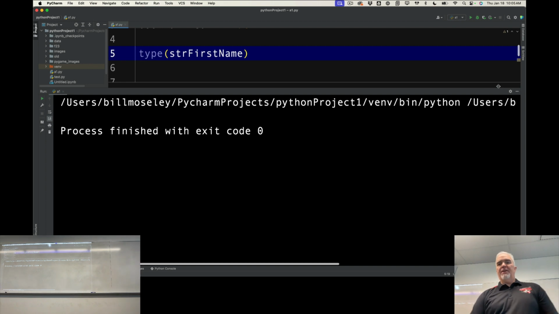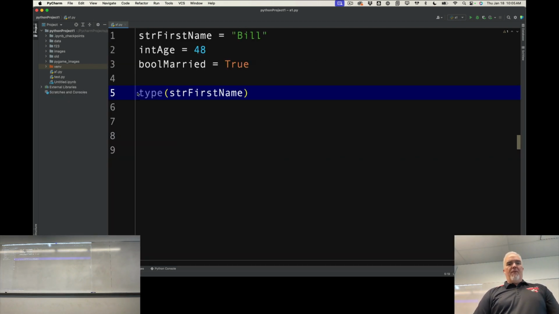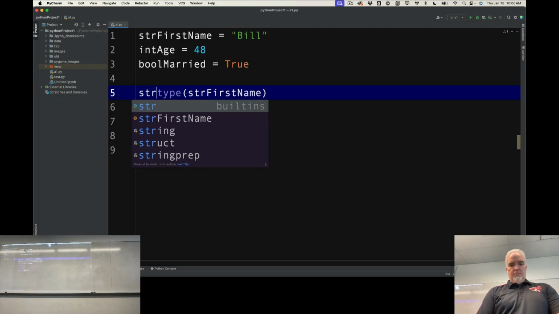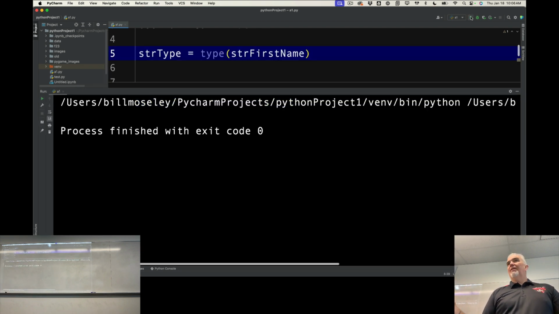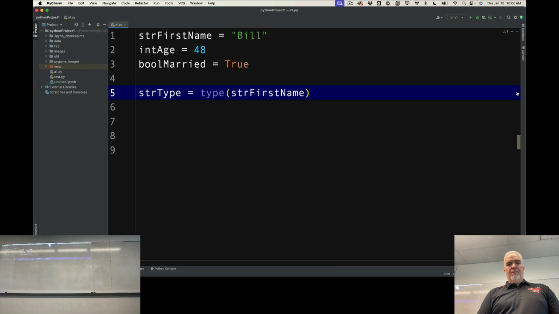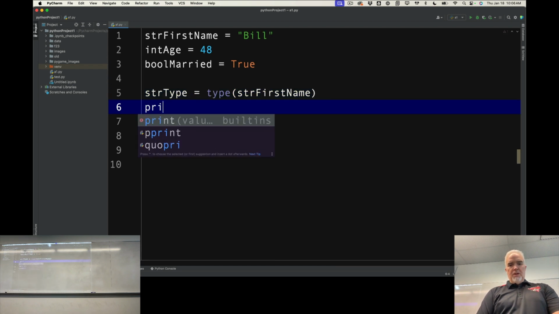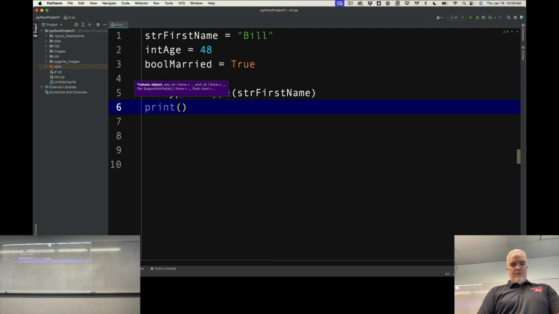You saw earlier that I printed it, but if I wanted to, I could put that in its own variable. Now, if I run this, still nothing visible is going to happen because all I did is put it in a bucket. I didn't do anything with what's in the bucket. But if I wanted to, I could use the print